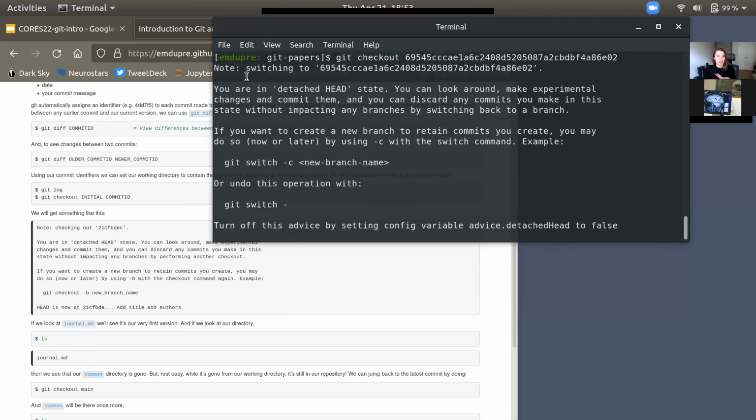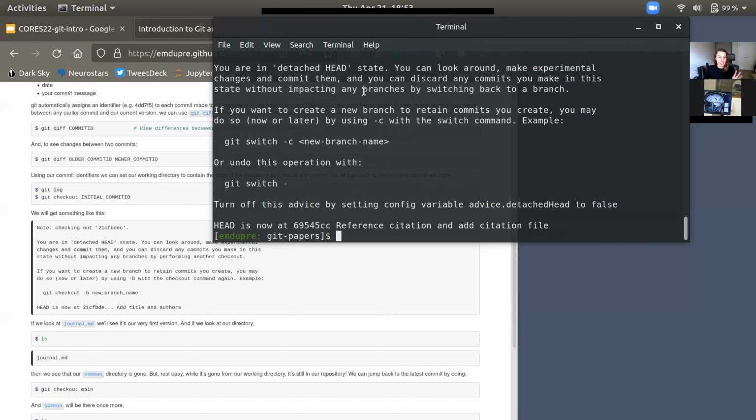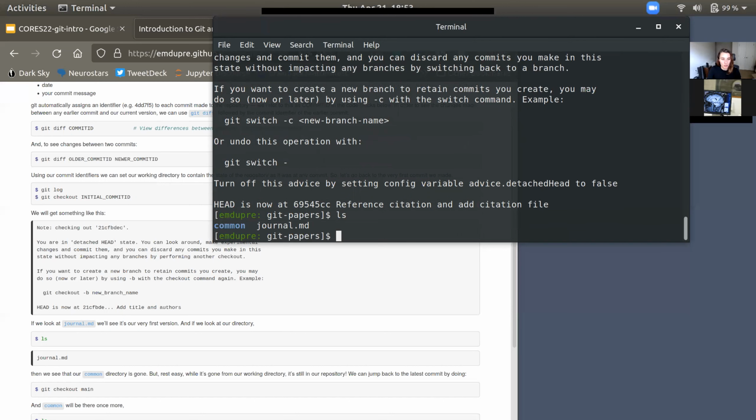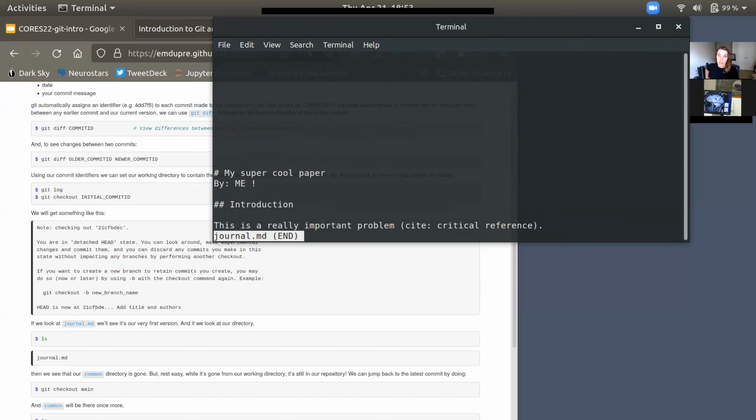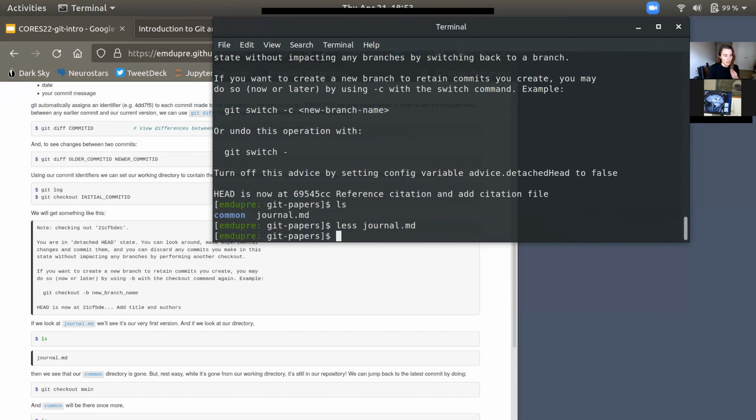What it's telling us is we are now switching to this previous commit. So the state of our repository is exactly as it was when we made this commit. And you can see that by looking at journal MD itself, right? So it looks as though all of those changes we made, including that change we just made of adding that second reference, aren't there. But don't worry, we didn't actually lose them. If we go ahead and just check out our branch,